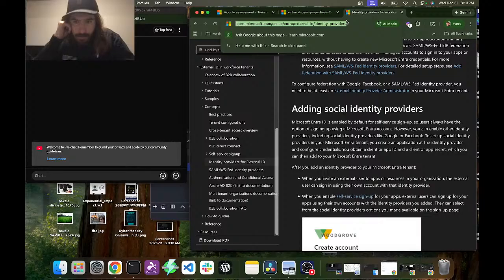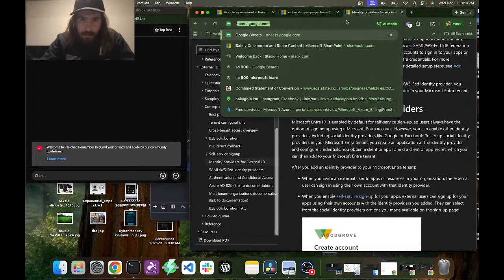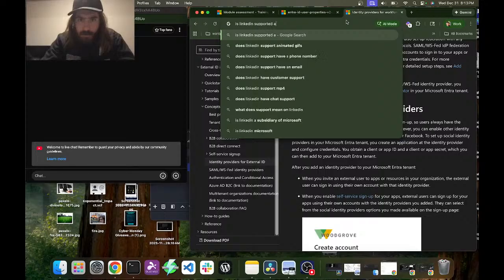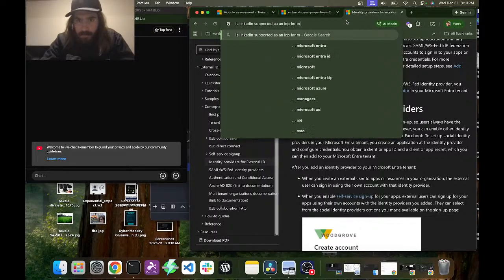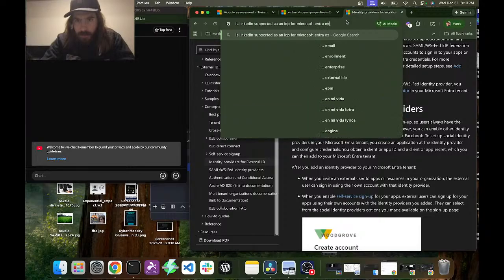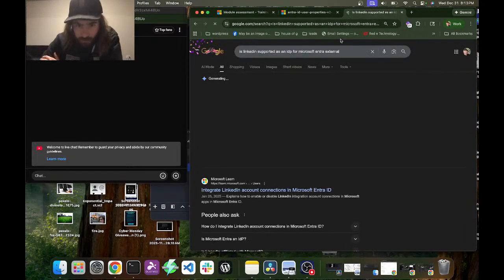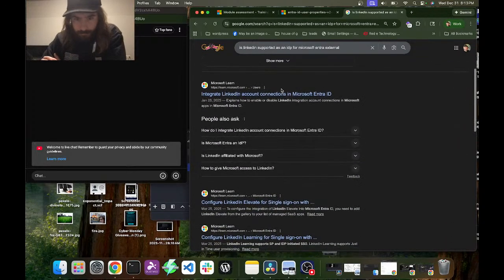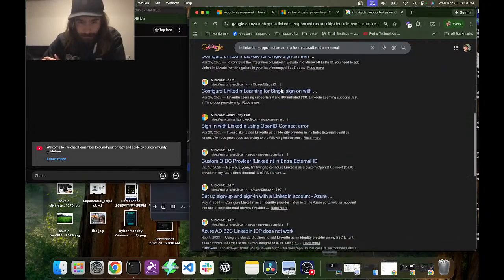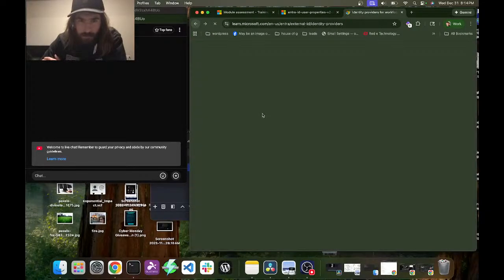Like, LinkedIn is Microsoft, so it probably... Is LinkedIn supported as an IDP for Microsoft Entra External? Yeah. It is. Then why did it only list Google and Facebook?